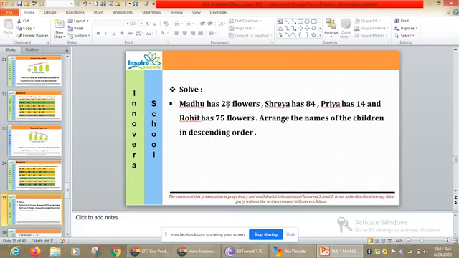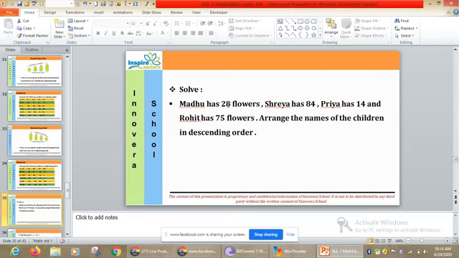Now in your family, mummy is there, father is there, brother is there, sister is there. If I ask you to stand in a line in descending order, how are we going to stand? The one who is the tallest. घर में सबसे बड़ा कौन है? He will stand first. Then behind him will be father, mother, brother and sister. You will make a line and stand according to the height.